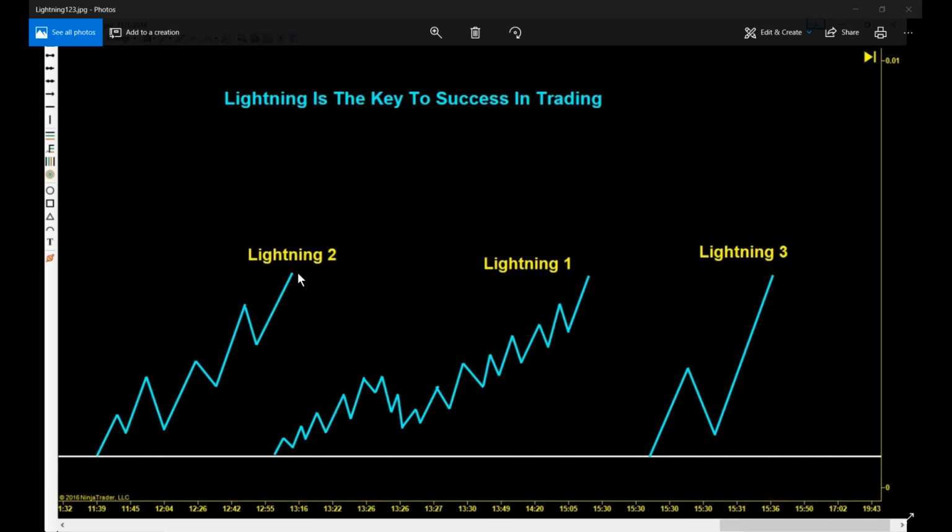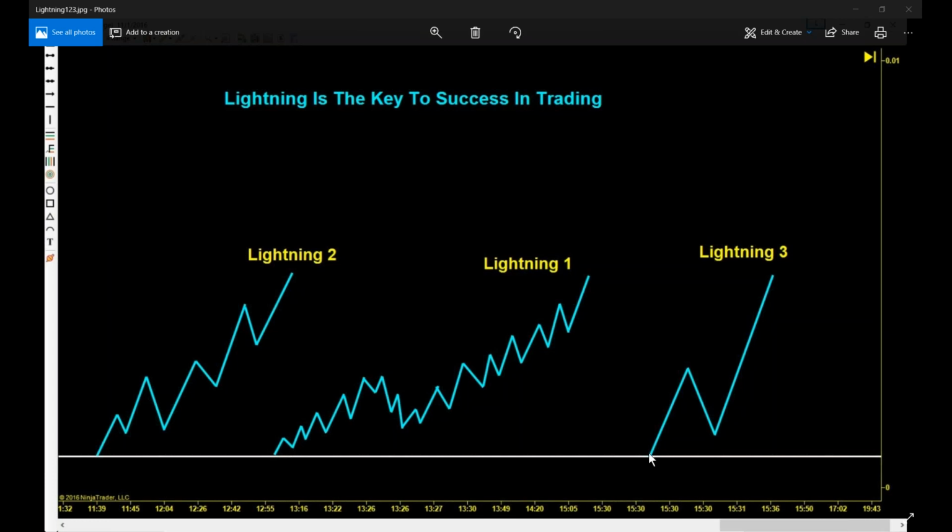Okay. So for instance, if you were in this trade right now, let's say one of these trades right here, you would either have your stop here with lightning 2, or you would have your stop here with lightning 1. Okay. This would be a secondary, and that's more than likely that swing right there. Okay. Now, if you're using longer term swings, like you're a longer term trader, you actually want to use this one,